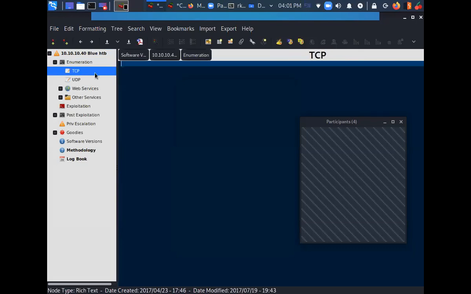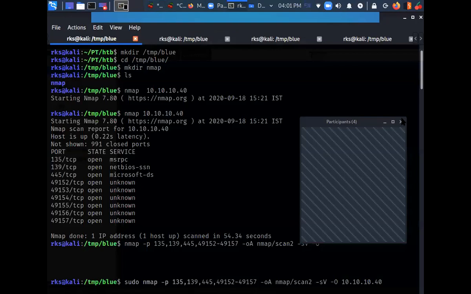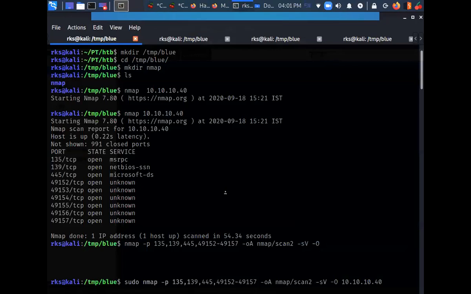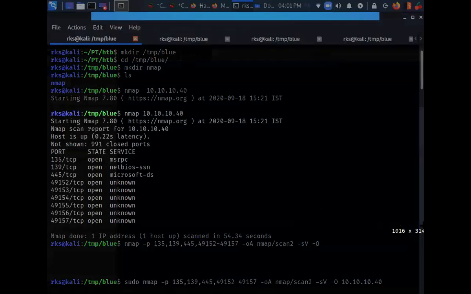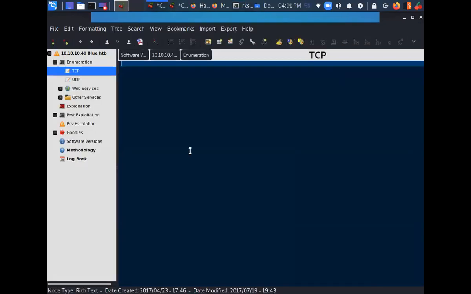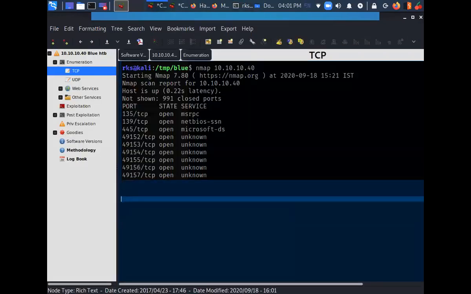enumeration TCP. In TCP enumeration I found these ports first of all, so let's take a note of this. Paste it.